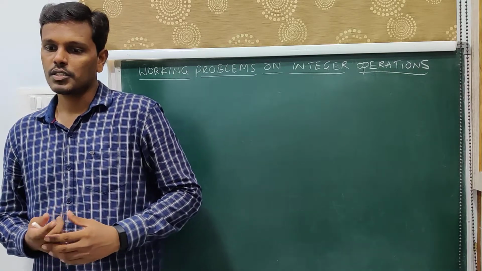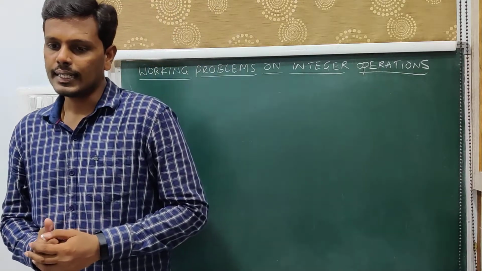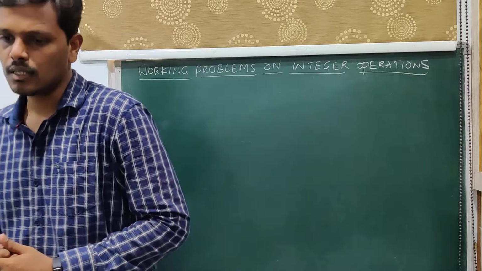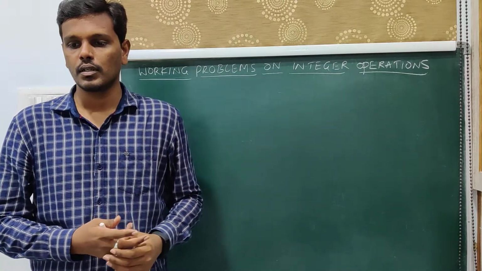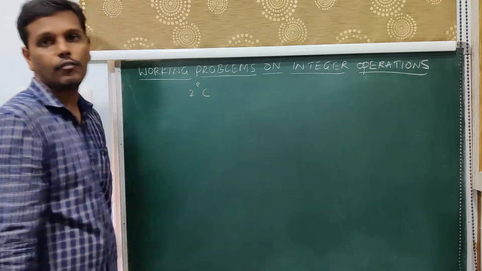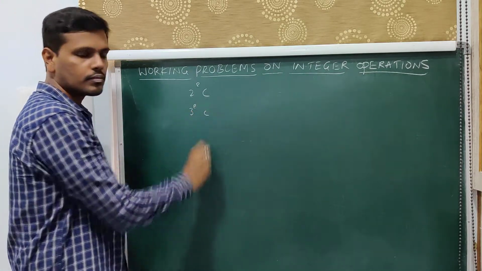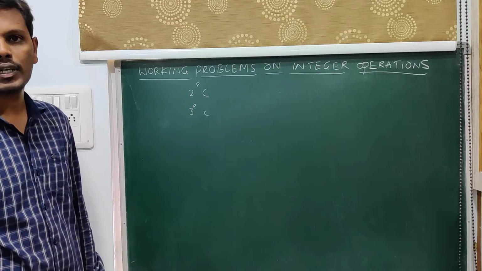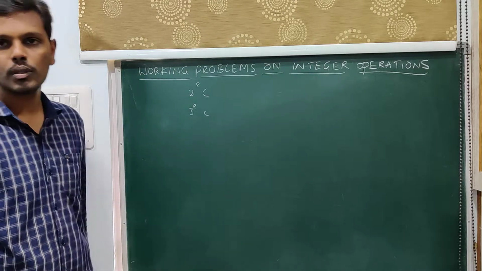Denali is one of the coldest mountains on earth. The temperature is 2 degrees Celsius today, and each day it is dropping by 3 degrees Celsius. What will be the temperature of Denali after 2 weeks? So the present day temperature is 2 degrees Celsius. Now every day the temperature is being reduced by 3 degrees Celsius. Now after 2 weeks we need to find out the temperature of Denali. First we go about on the number line and then we move on to the process.